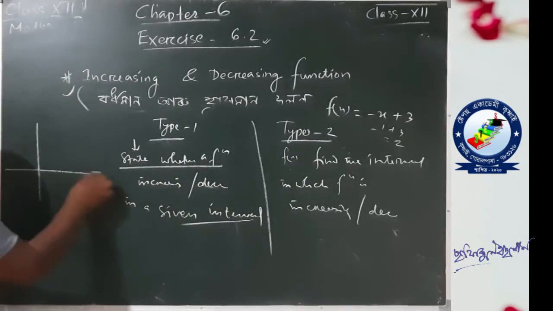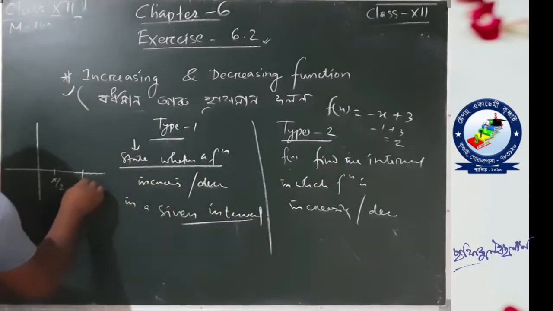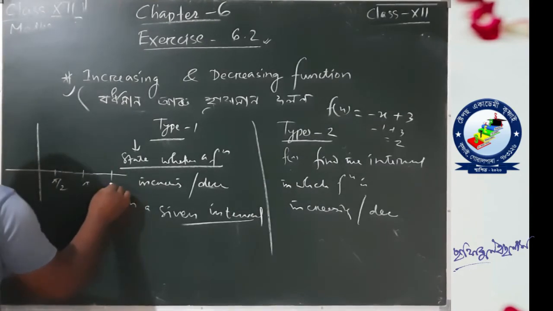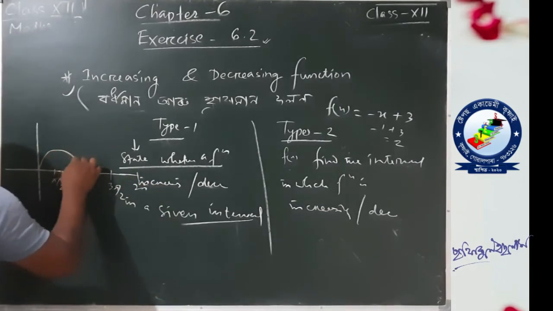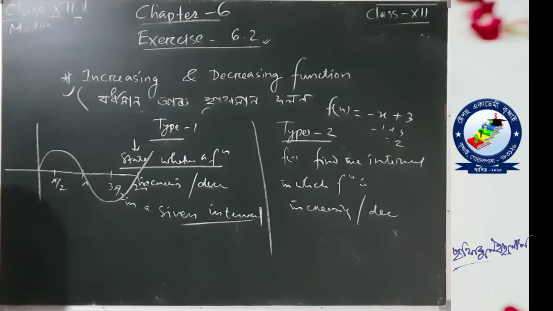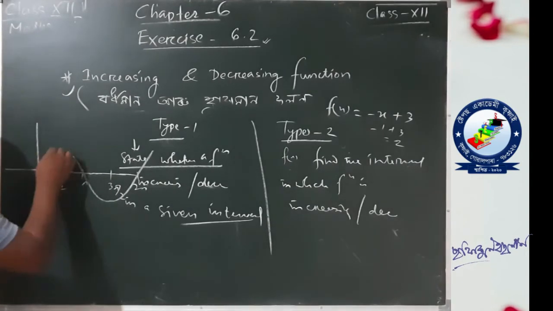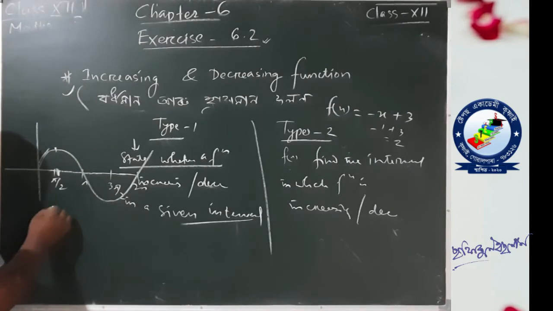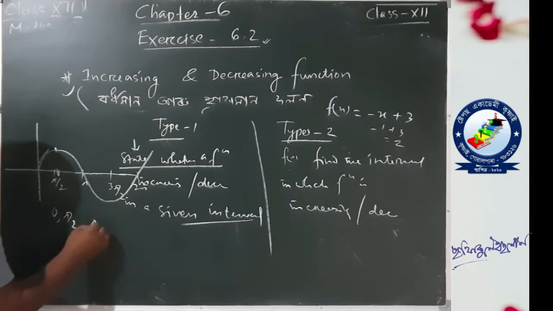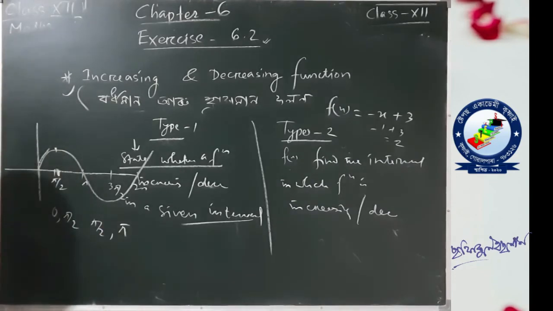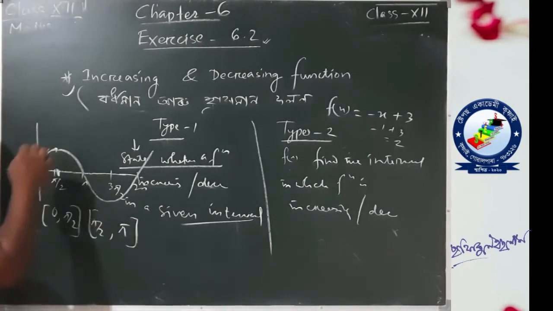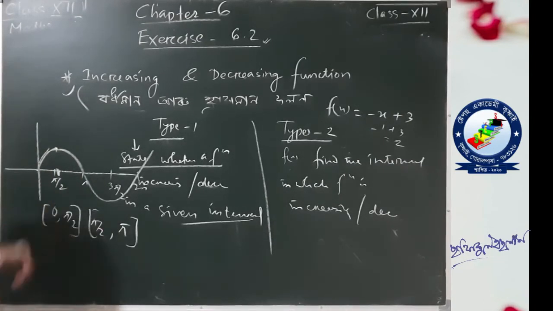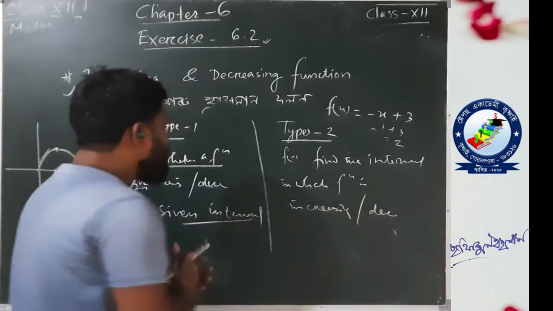যেনেকৈ মই সাপোজ সাইনৰ গ্ৰাফটো বনাইছো, সাইনৰ গ্ৰাফটো এনেকুৱা আছিল, ৰাইট? এনেকুৱা আছে. সো এনেকুৱা যদি আমি কওঁ যে 0 ৰ পৰা pi by 2 লৈ গ্ৰাফটো ইনক্ৰিজিং আছিল, এইটো ইন্টাৰভেল 0 to pi by 2, আৰু এটা ইন্টাৰভেল pi by 2 to pi. 0 ৰ পৰা pi by 2 ইনক্ৰিজ হৈ আছে, আকৌ pi by 2 ৰ পৰা pi লৈ ডিক্ৰিজ হৈ আছে, ৰাইট? তো এনেকুৱা ফাংচন থাকিব পাৰে, তো এই ইন্টাৰভেলটো উলিয়াব দিব পাৰে. Type 2 কি কৰিব, what will you ask in the